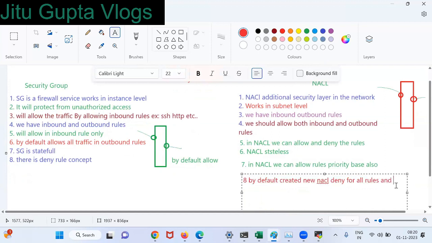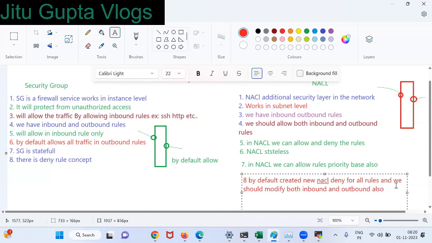And we should modify both inbound and outbound. We can test there also, both inbound and outbound.